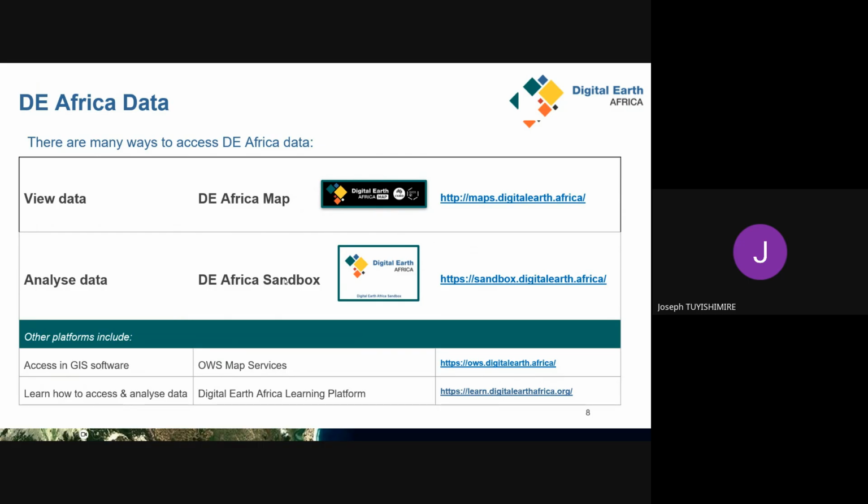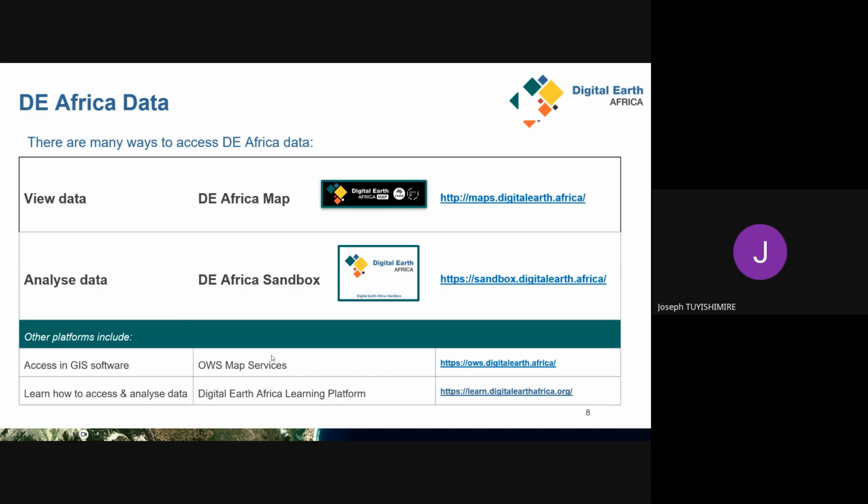The sandbox is a robust cloud computing interface on which you can run statistical analysis and export results in terms of maps, tables, graphs. You can even export results in GeoTIFF format. Even raw data could be exported too.